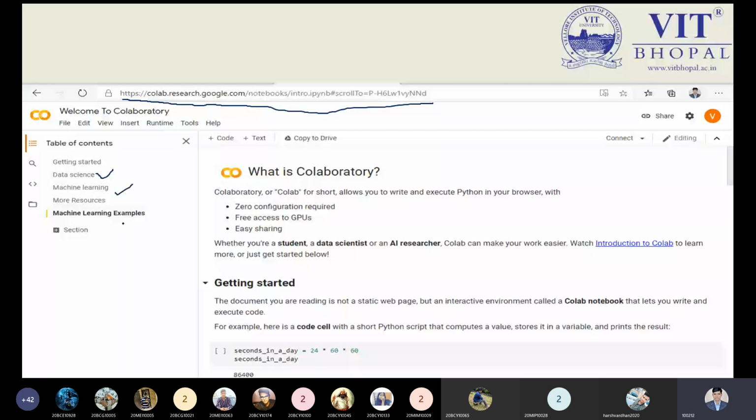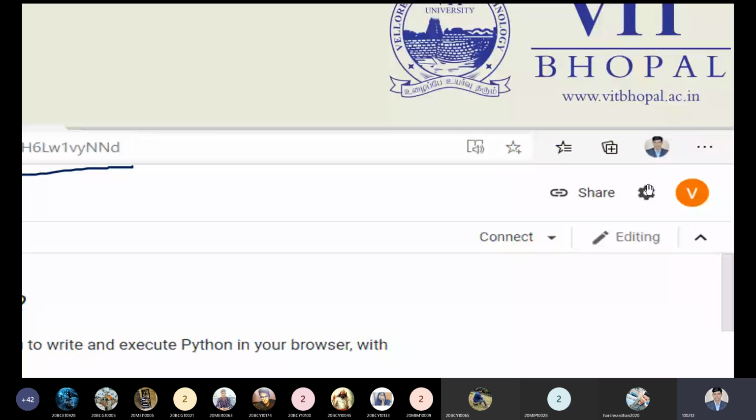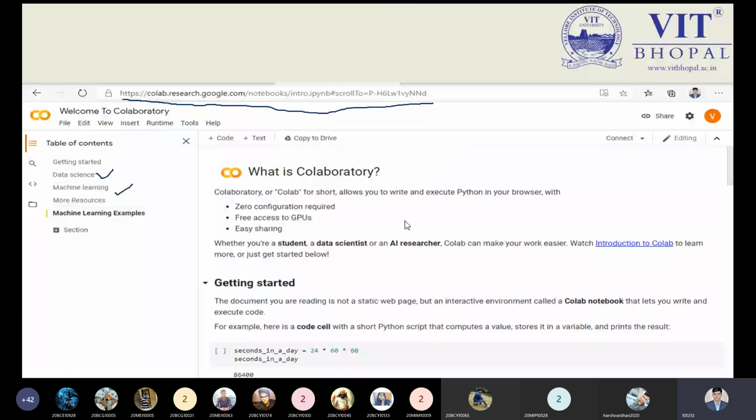You can see that this is my account. I have entered through the official account, so my photo is over here. But this is the first screen, the home page. Whenever I need to write a program, how can I write it? Can anyone tell me? Suppose I want to write a program in Colab, Java or Python, how can I write it? Just click on the File menu and go to New notebook.